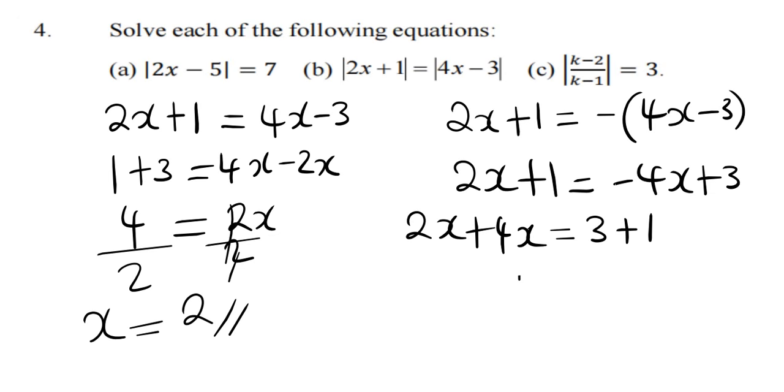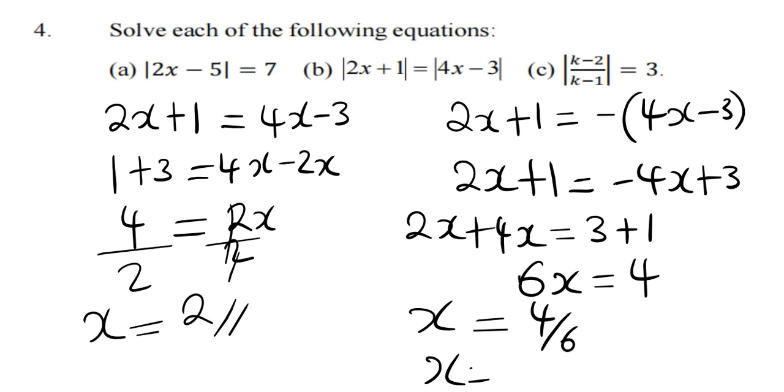Then I add these ones. I'm going to have 6x is equal to 4. Therefore now x is just going to be equal to 4 over 6. So x will be equal to, then I divide